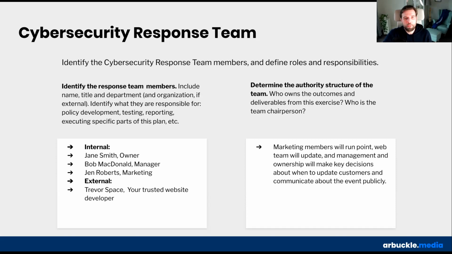So we talked about, again, identifying external and internal stakeholders. So having ownership, managers, members of your marketing team, your trusted website developer, your friendly neighborhood IT support guy or gal.